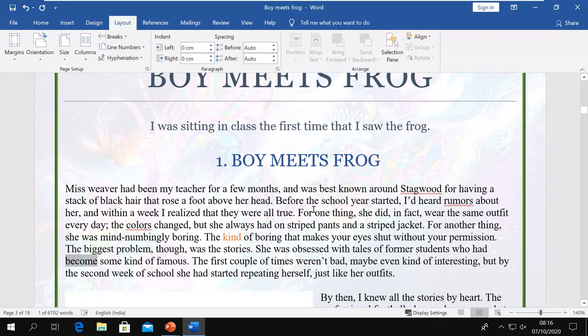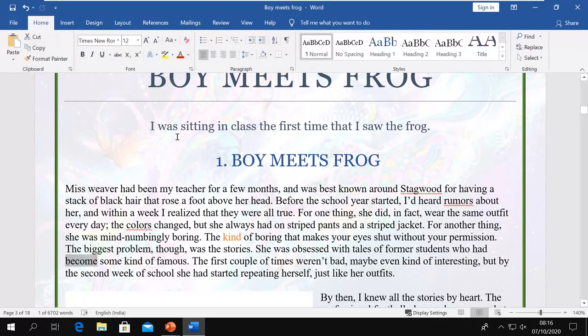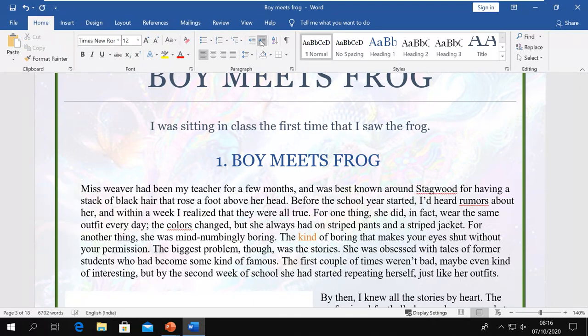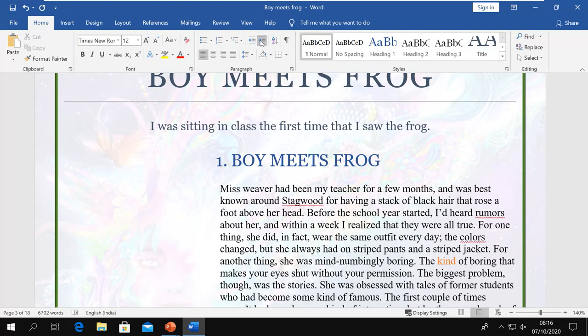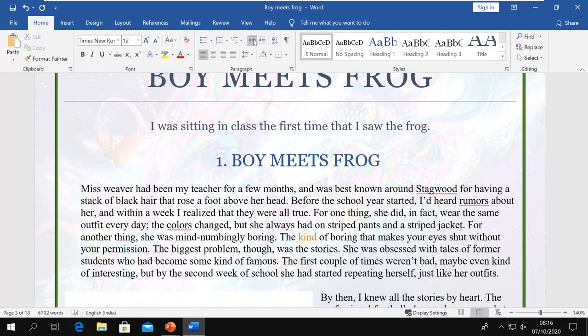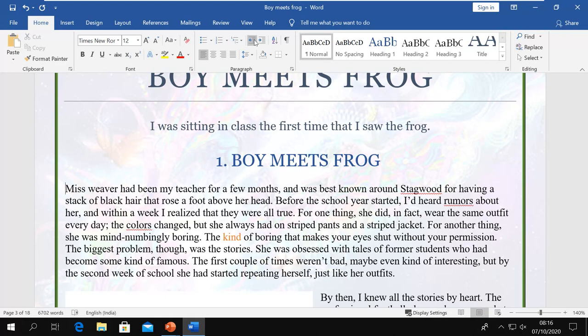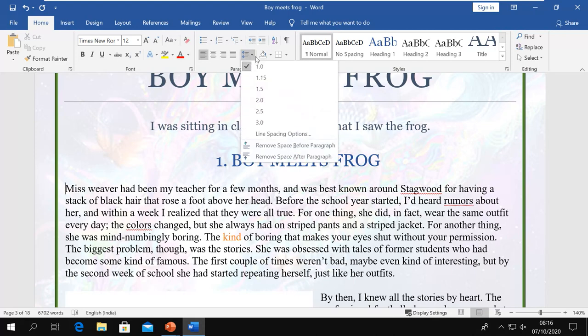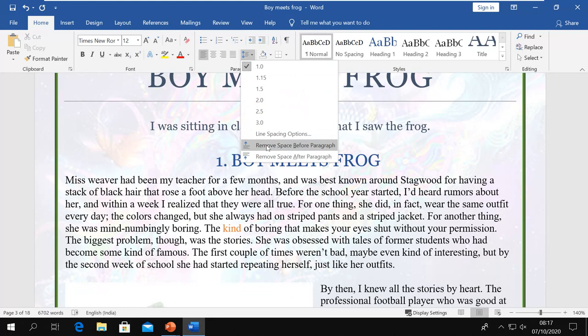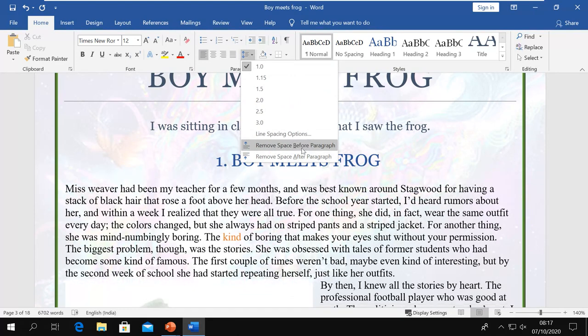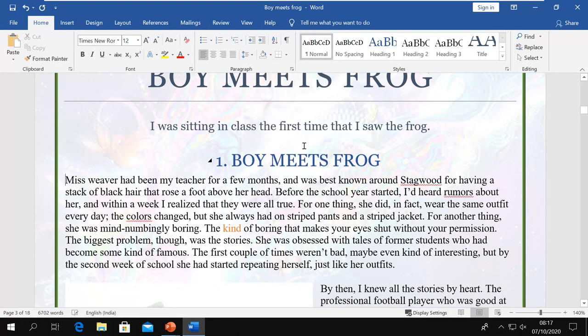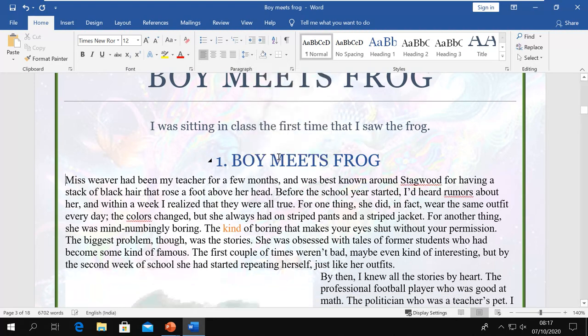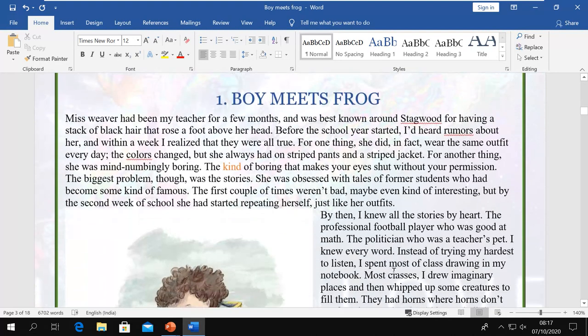This option is also available here in the home tab, where you have this indent option where you can increase the indent, decrease the indent, and also you have this spacing option. Remove and add options you have for the paragraph. If I remove it, space before paragraph, space after paragraph, you can see there is now no space between two paragraphs.